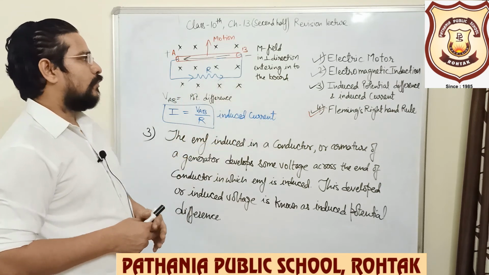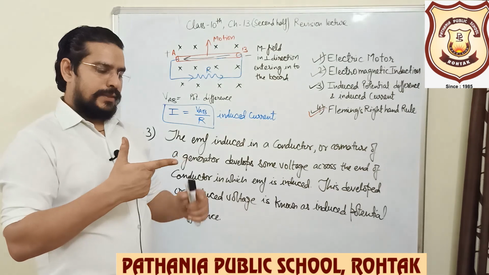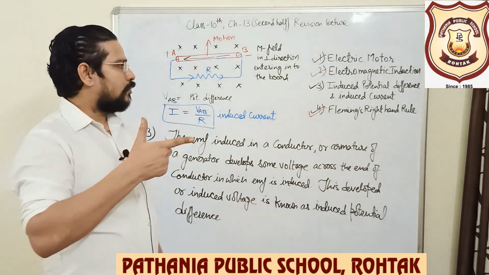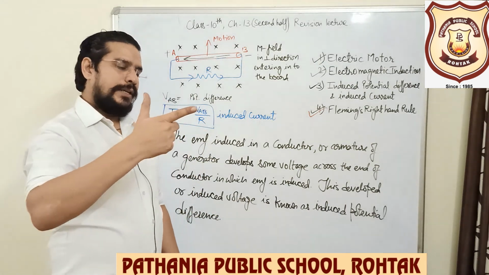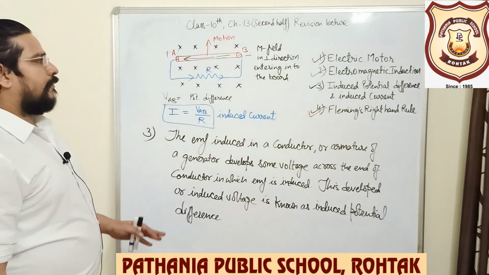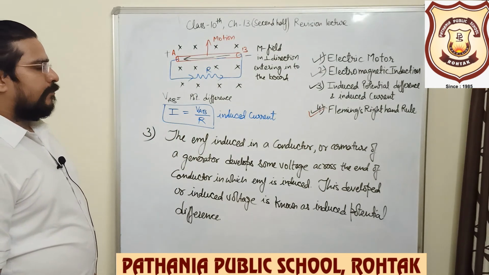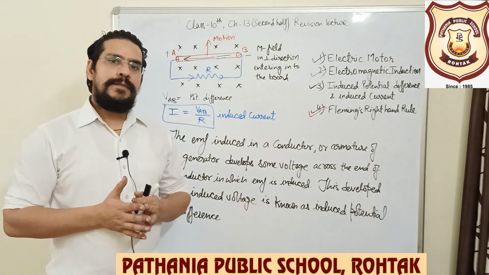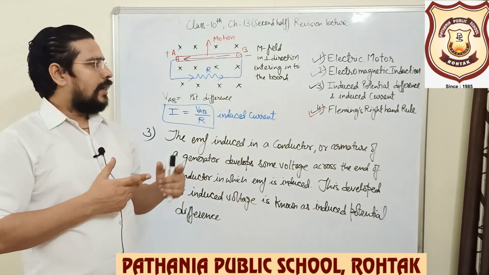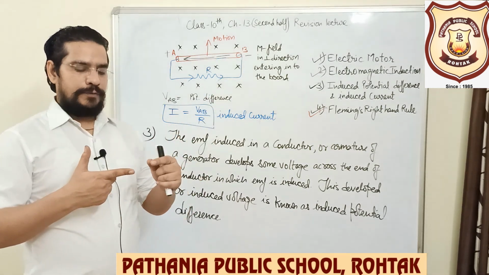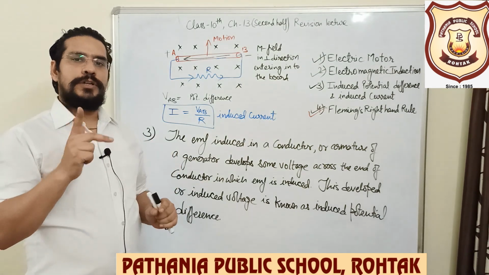And Fleming right hand rule we just discussed, that instead of left hand, if we align the first finger in the direction of magnetic field and thumb in the direction of motion, then second finger will automatically point in the direction of induced EMF. So you can apply Fleming left hand rule and right hand rule in both the situations. Left hand rule we apply when we are providing current, when we are providing magnetic field and direction of force is to be found, and Fleming right hand rule we are applying when we are applying the field and we are applying the force and direction of induced current is to be found.